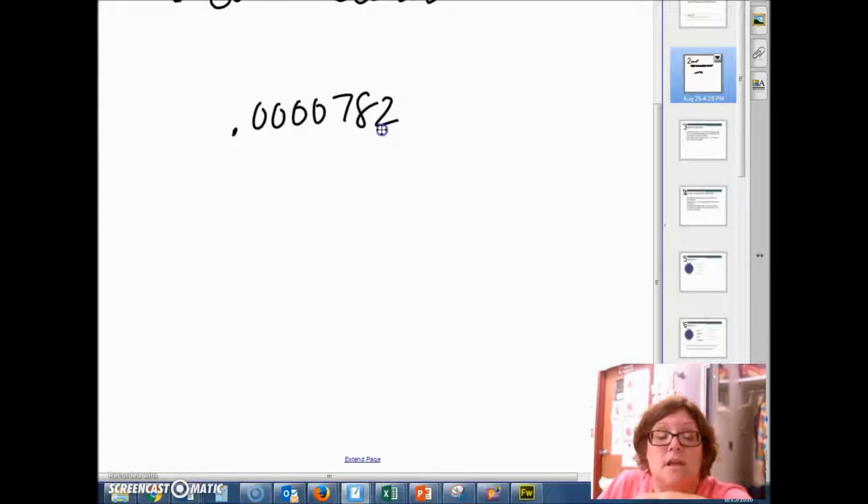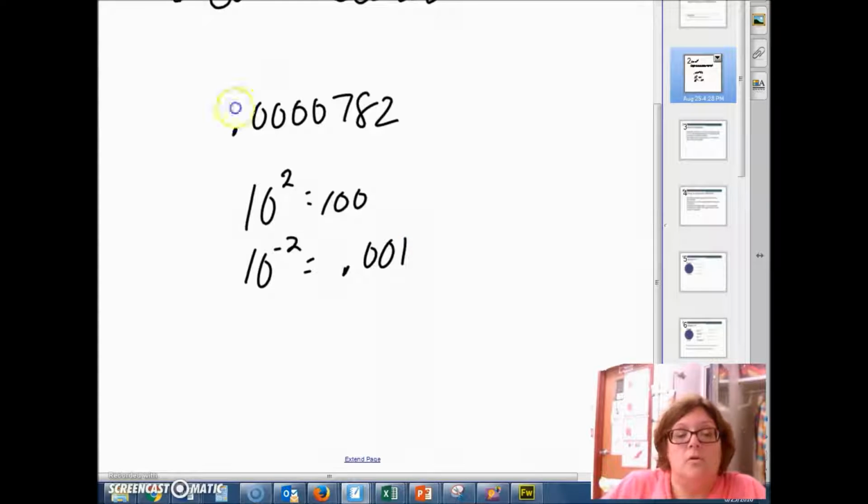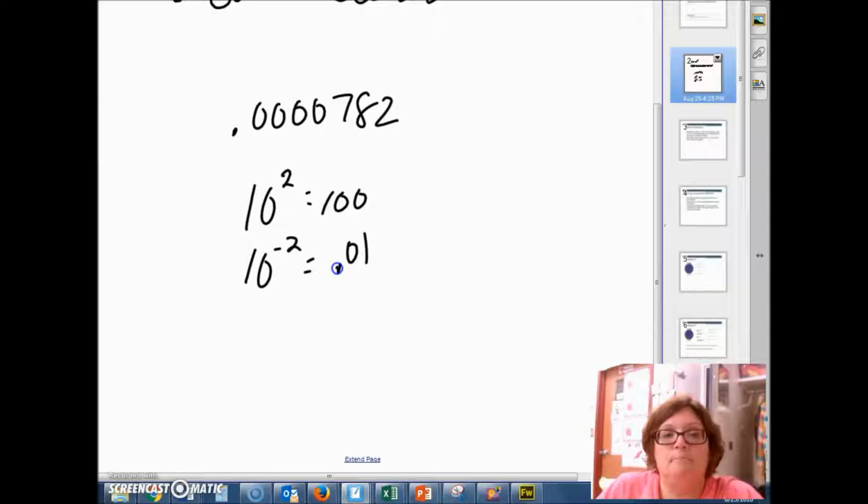Okay, this is less than 1. So if 10 to the second is equal to 100, 10 to the negative second is going to be equal to 1/100th, right? Yeah, 1/100th. No, just one. Yeah, that's 1,000th, so I didn't write it right. 1/100th. Okay? So this number is the same as saying, if we move our decimal over 1, 2, 3, 4,